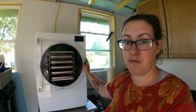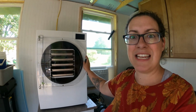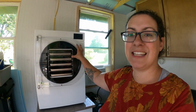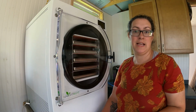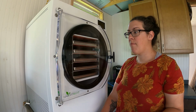Plus, the freezers are running all the time. Of course, they shut off every once in a while because they don't need to run all the time, but they have to cool themselves down every so often. And so while there is a little bit of investment in cost, in energy cost to put the food away, over the length of that food being preserved, it's actually cheaper to preserve food with this. So not only does it cost less over time to store our homegrown food long term, but actually